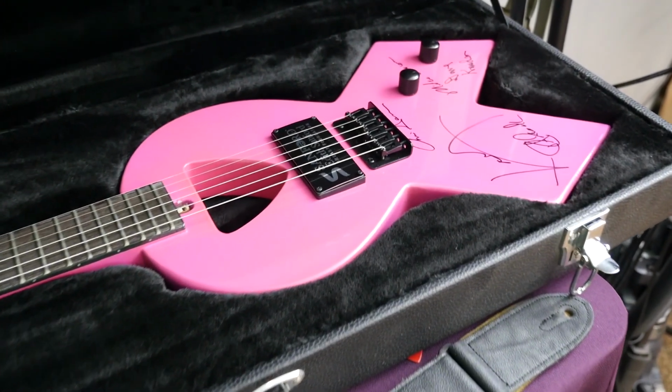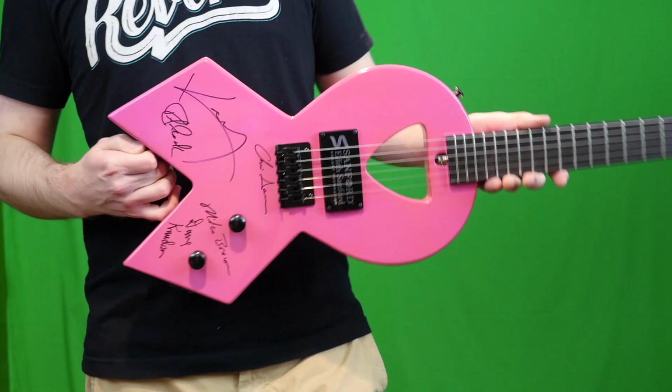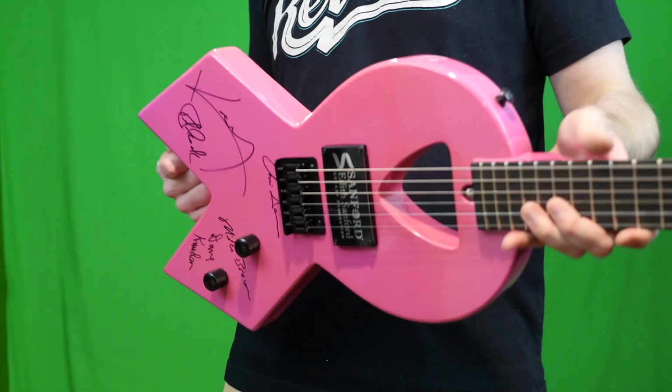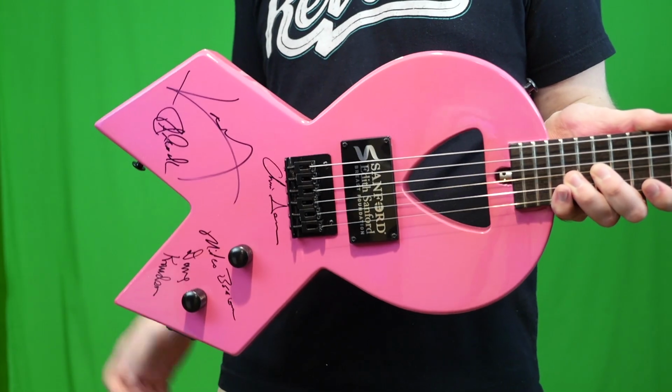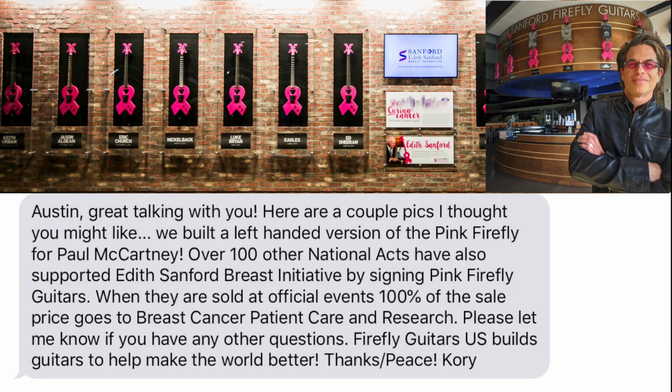And it's not like you're gonna see a lot of these on the used market anyways, because they're mainly just trophy pieces for somebody who wanted to donate to charity, as well as get a guitar signed by one of the artists that they like. So Kory from Firefly Guitars is doing a great justice to the world in taking guitars and using them